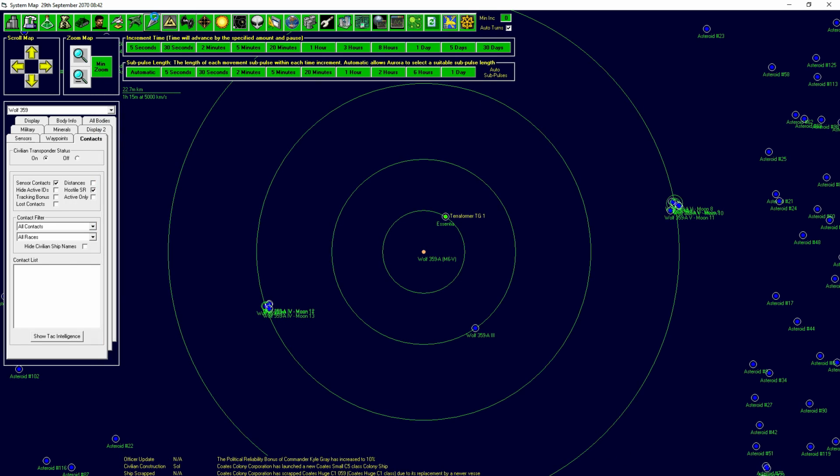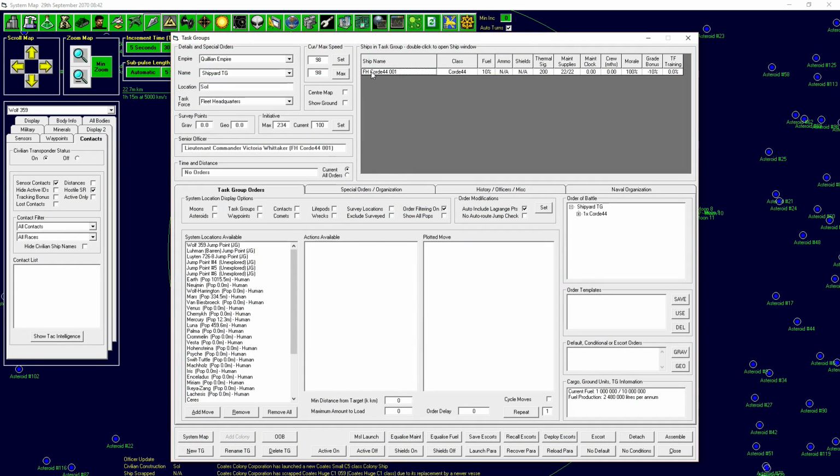Did we finish a ship and I missed it? That doesn't sound like me at all. Right here! Fuel harvester. Detached to your own task group. We are going to rename the task group to...